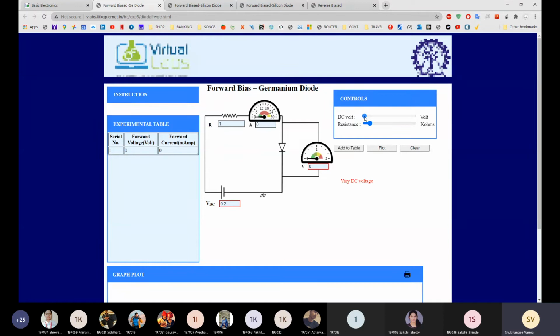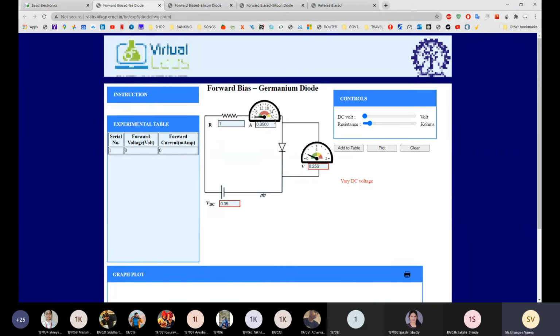Here you have to do it very precisely, because for germanium diode, current starts flowing from 0.3 itself. Okay, so make it 0.3 slowly. Okay, for my side it's getting 0.35. You can precisely make it 0.3. Okay, I'll try slowly. You can move. You'll get a 0.3. Okay, it's 0.35.